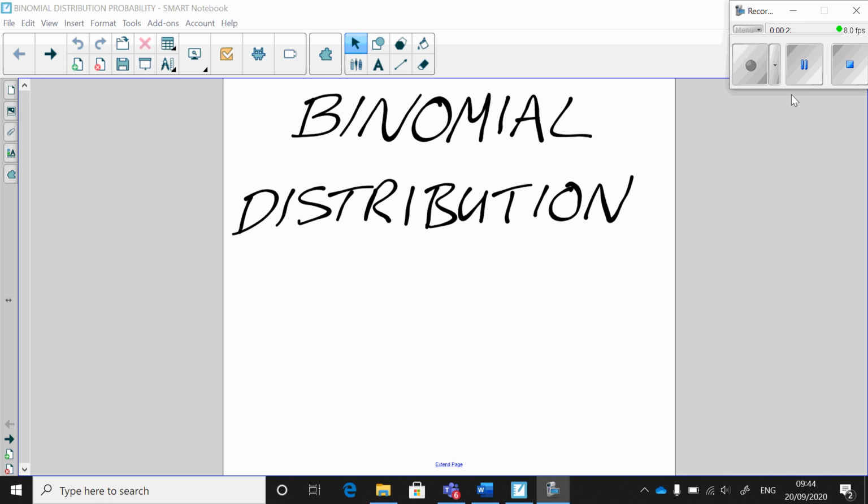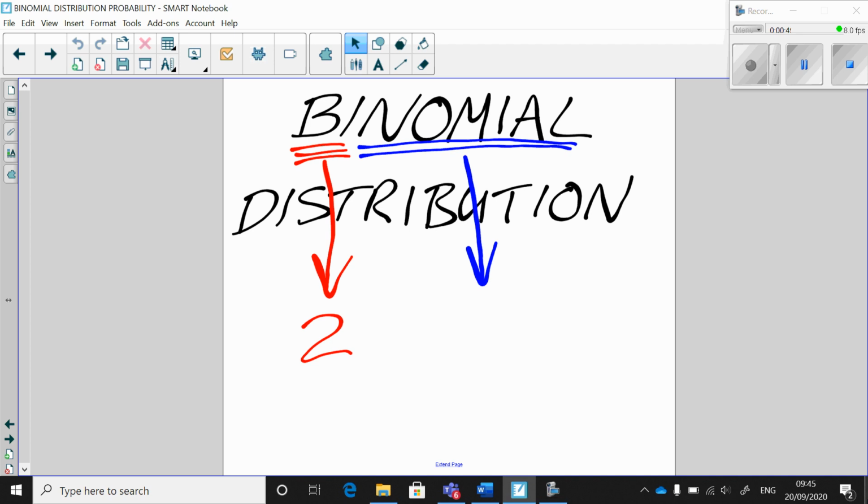So binomial, you can think of that as maybe bi being related to two things. Like think of binary, ones and zeros, or the state a light switch can be in, on and off. So nomial, well, it actually means or can mean terms. So looking at things with two terms,